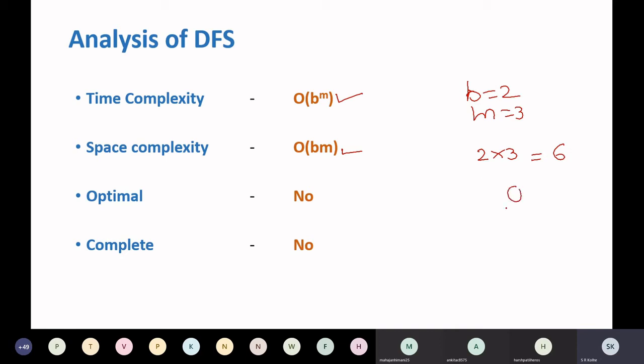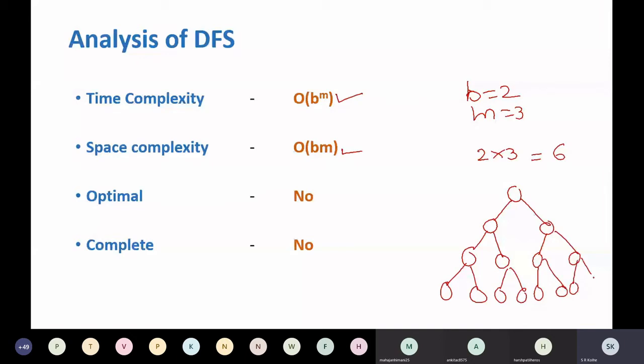in the memory. So your search tree will look like this. M is equal to 3, so again one more level. You will be removing nodes also during the execution.